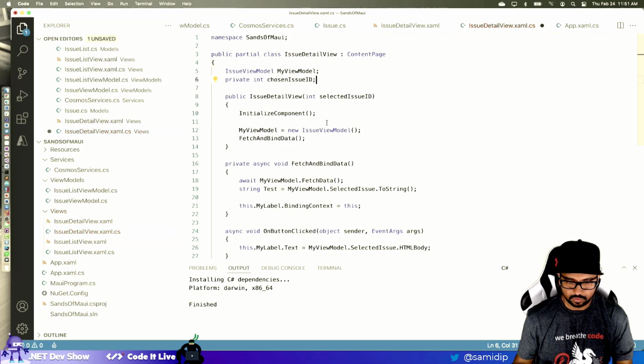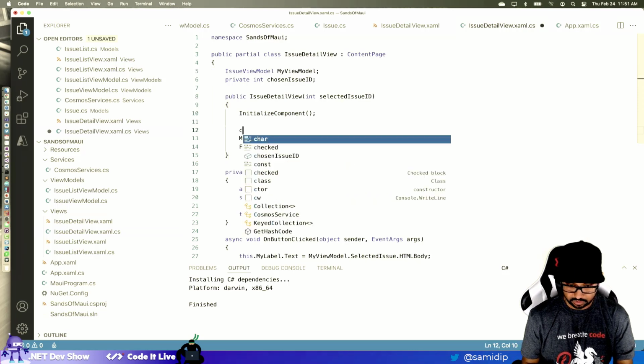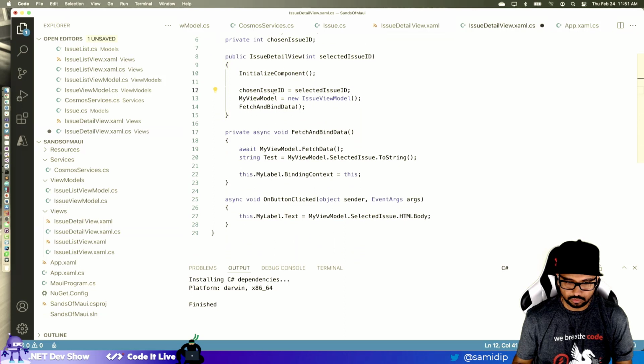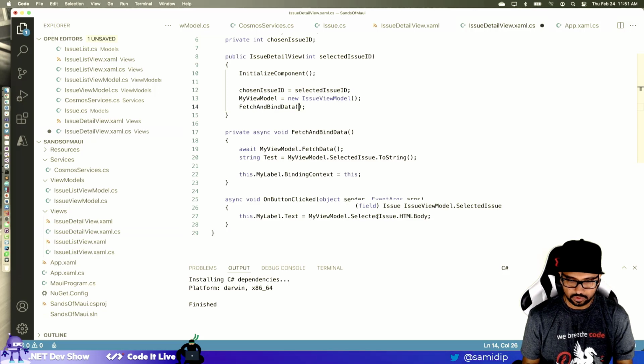And once we initialize, I just do want to write it out. Chosen issue ID equals selected issue ID, and we're going to do the fetch and bind needs to take in the int.